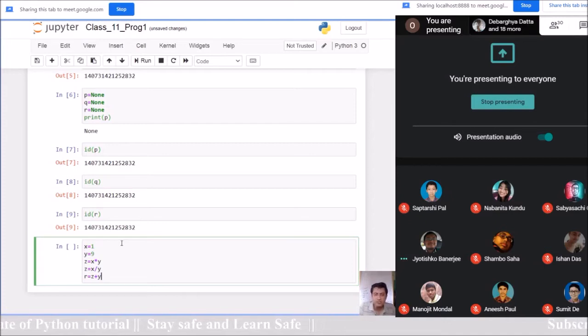So this is one situation I am telling. This type of situation may happen especially in large programs. Yes, sir. This is a very simple 3-4 line code.